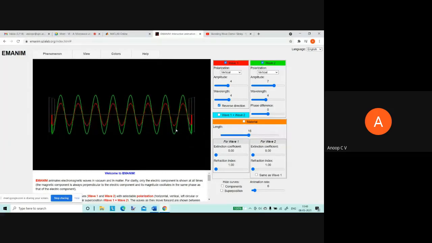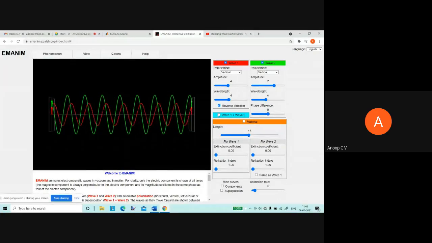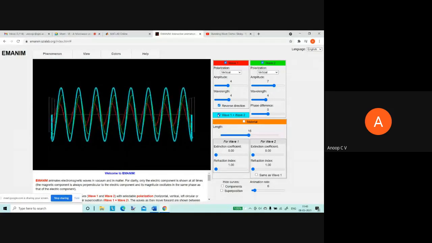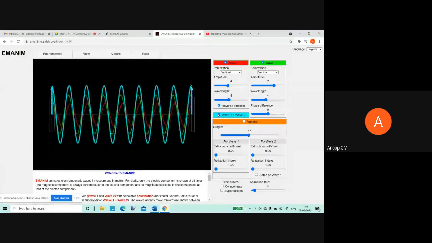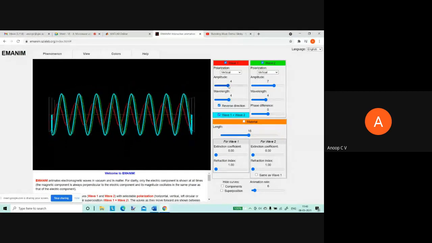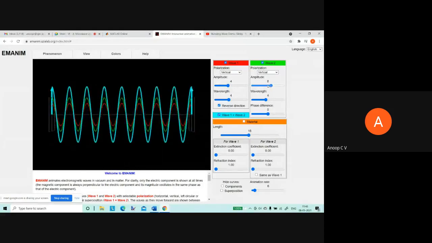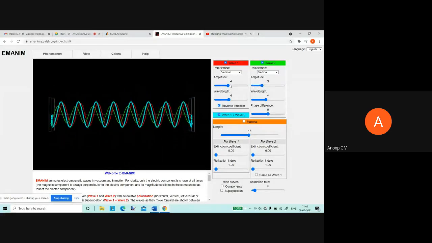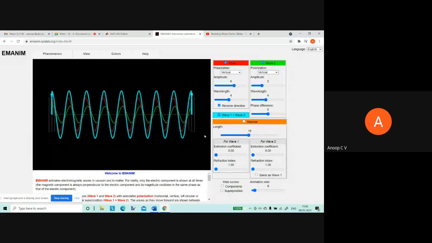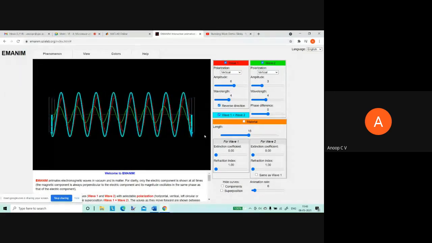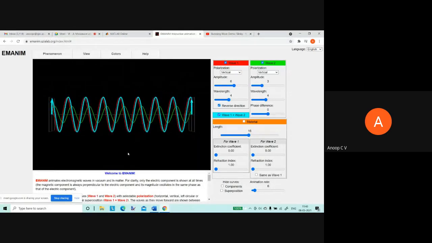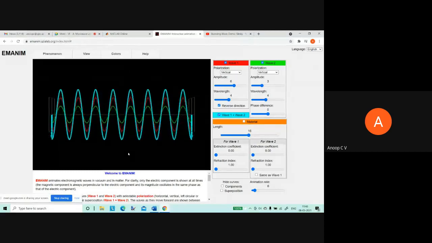So that is why you feel like this standing wave is moving from left to right. So when magnitudes are different, right? Now if I reduce this magnitude to 3 and increase this one, just see what happens. Now is it reversed? Why? Because net power flow is from right to left in this case.